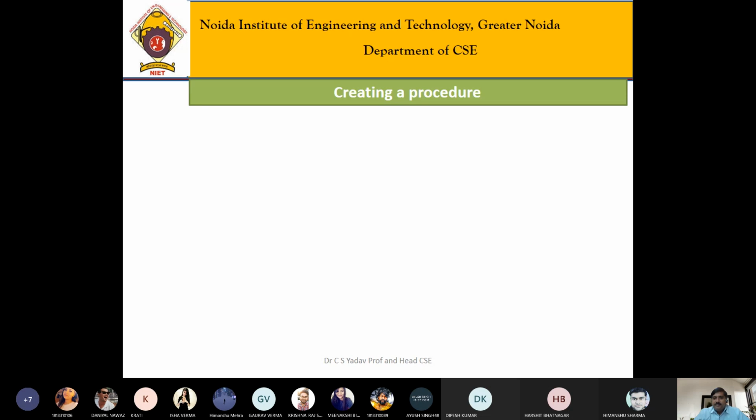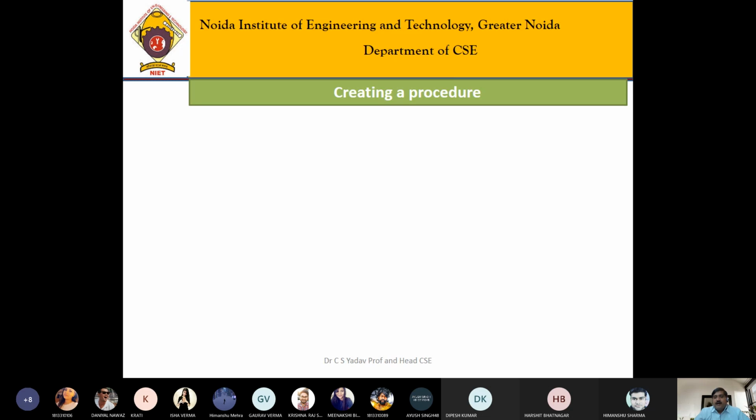So here we give a name to that block and store it in the Oracle database. So you can say that a procedure is also a database object, and in a procedure we pass parameters, and then the procedure performs a specific task and returns a value to the outside world.